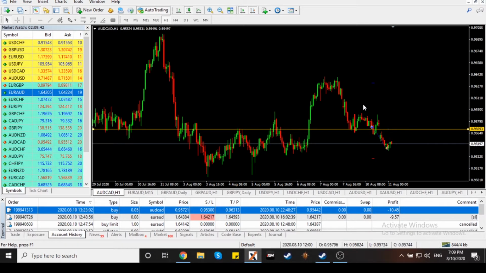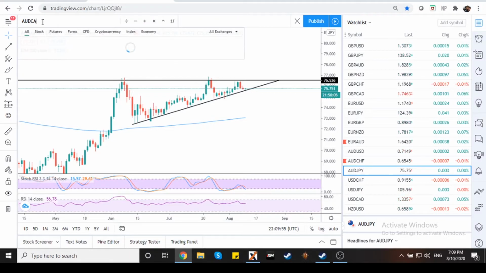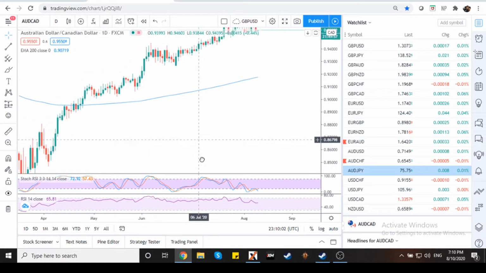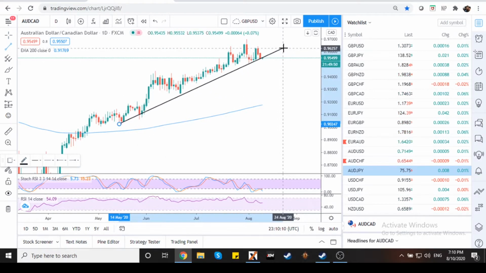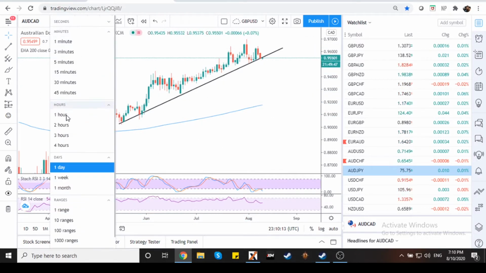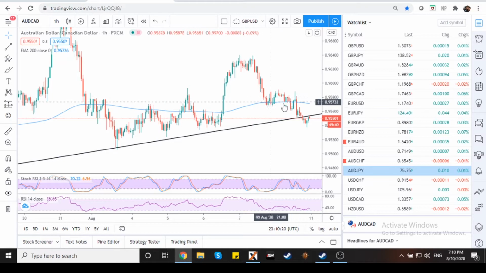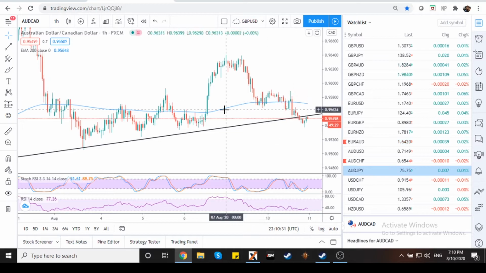The other reason why I took that, mga Kanoypi, is if I will switch to tradingview.com at AUD CAD, ayan. Yung trend natin dito, mga Kanoypi, is going up. Right, so if we look at a trend line here, it was going up. Right, if I go to the 1 hour chart, mga Kanoypi, at the time I took the trade, I believe that was here, this candle is bouncing up, supposed to bounce up because of this